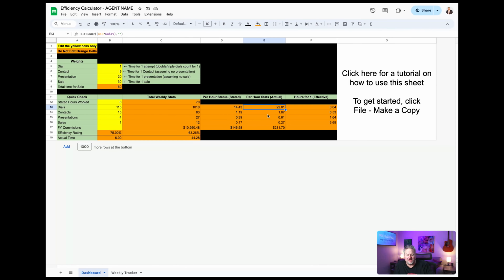If we were really focused, okay, we would be making 22.81 dials per hour. We would be presenting 1.87, or we get 1.87 contacts per hour. We would be basically getting 0.27 sales every hour. So basically 1 every 4 hours, you would end up getting a sale based on your active numbers. And I believe the effective is active as well. Let's see. Now, the cool thing is